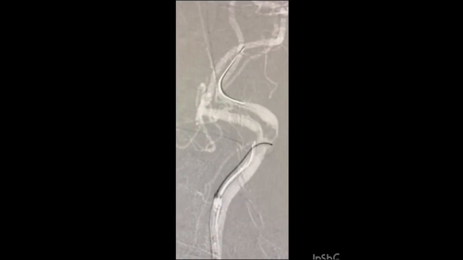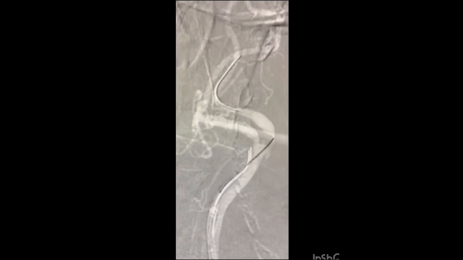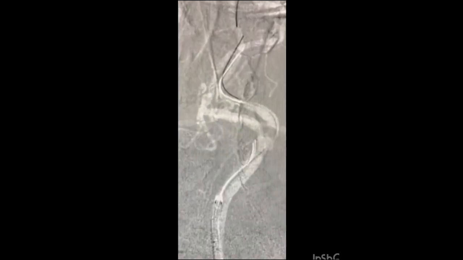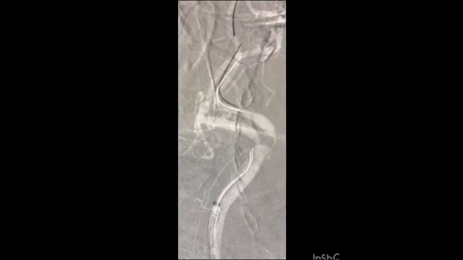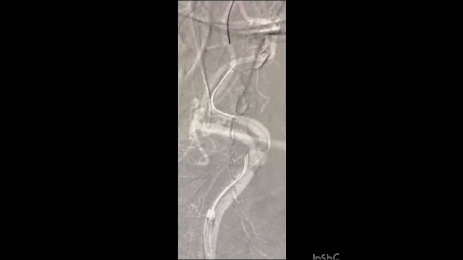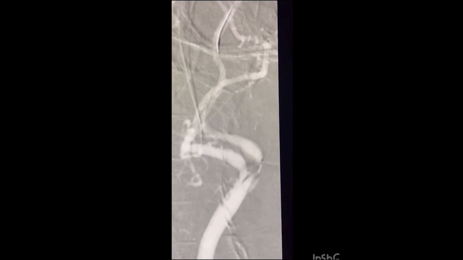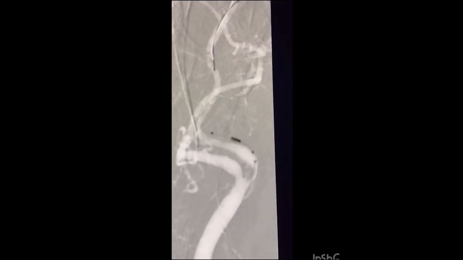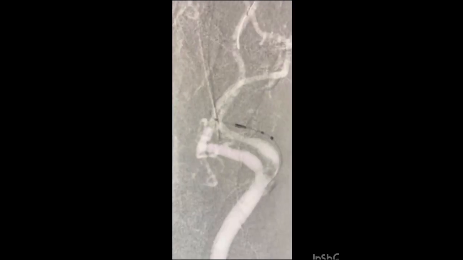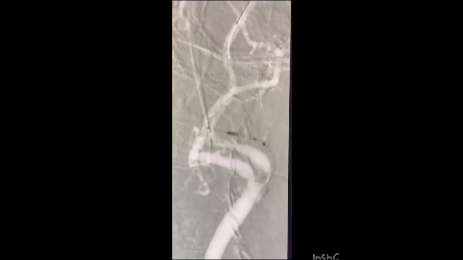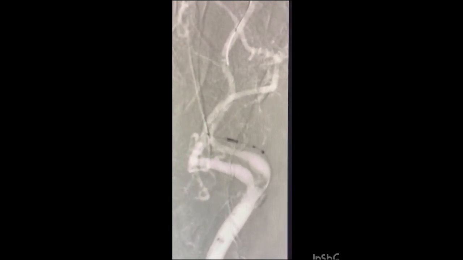Note the navigation of the wire of the filter across the stenosis. Once the filter wire is across, the Traxus is removed. Now, while navigating the filter across, the guiding had prolapsed back. The sheath was then navigated further closer to the stenosis to provide the necessary support to take the filter further